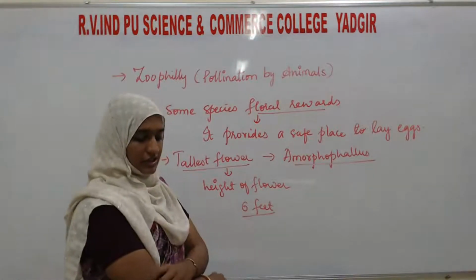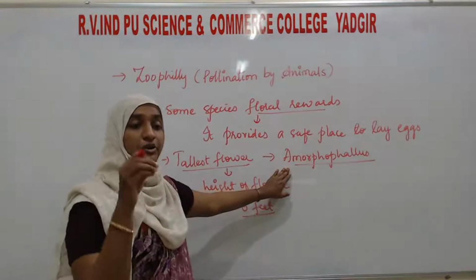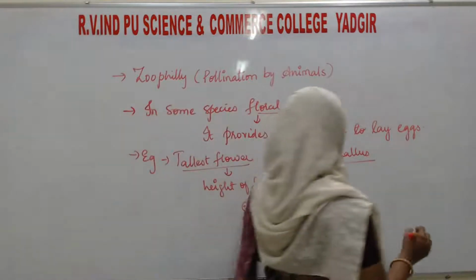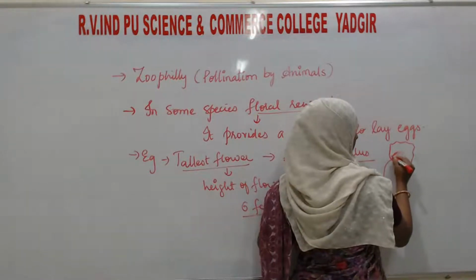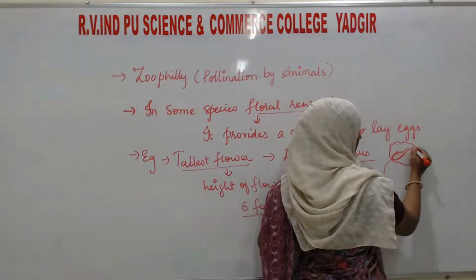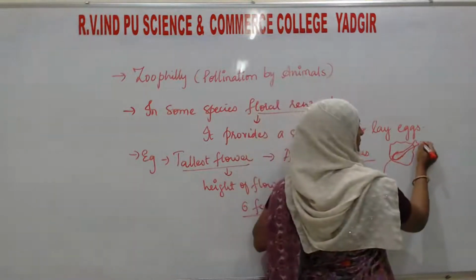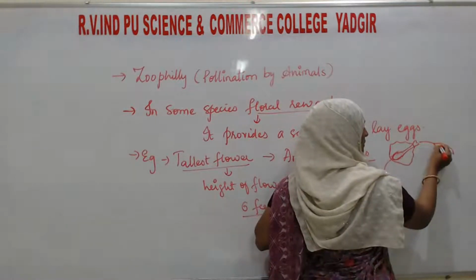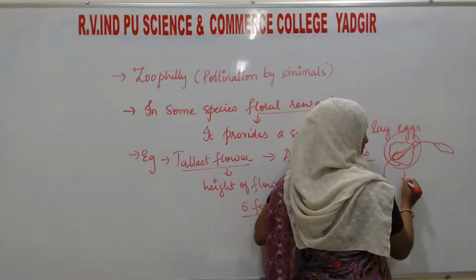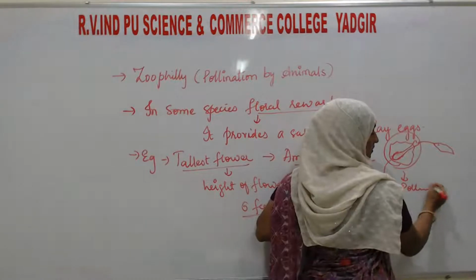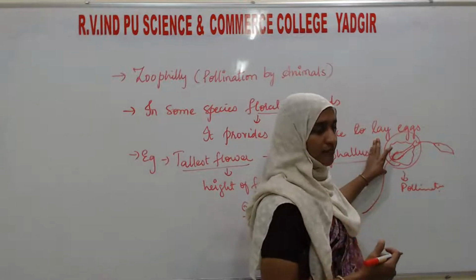So a similar relationship occurs here also. In this flower also, the insects are going to lay the eggs. See here, this is the flower: ovary, style, stigma. Okay, female flower. When an insect comes and releases the pollen grains, this flower undergoes pollination. This flower is receiving some of the pollen grains, that we are calling pollination.